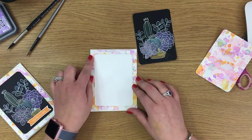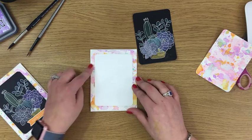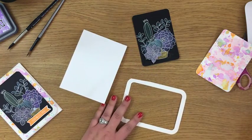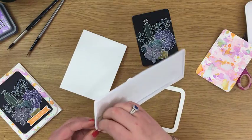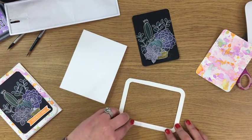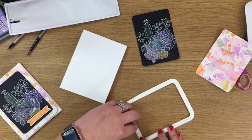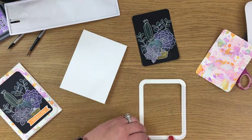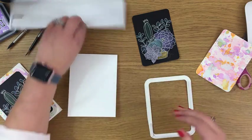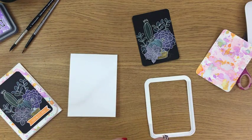But you can see here I accidentally didn't put enough tape down and I cut off the edge. However, this is real life and things go wrong and we have to live with them. So what I'm going to do next is I'm going to take some foam strips, and these are the similar ones that you use for shaker frames, and I find they work perfectly on here. And I'm just going to go all the way around one side, and I'll grab another one,